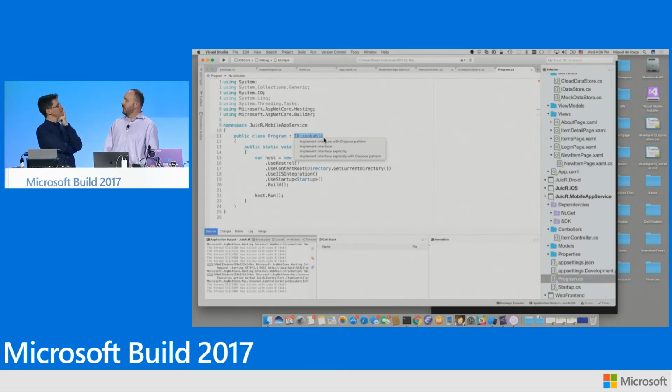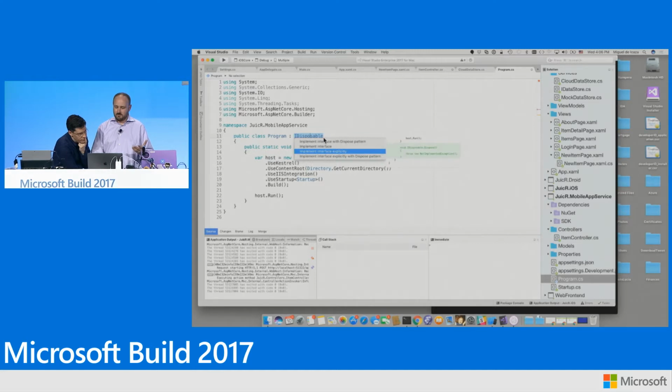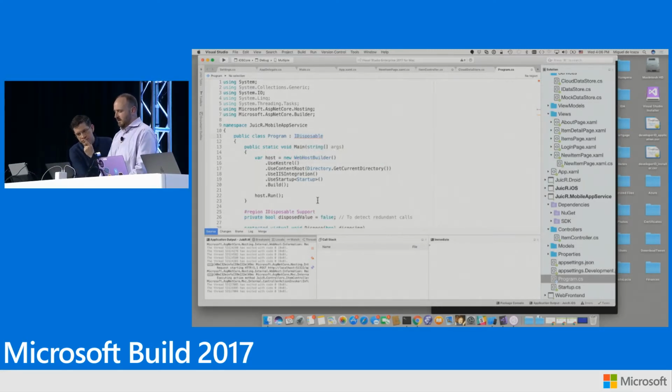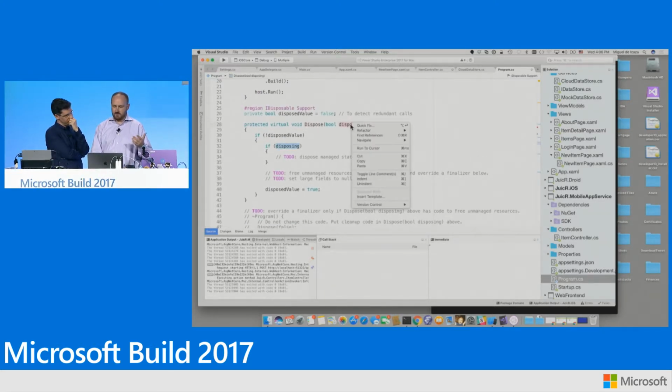Okay. So IDisposable, right? I have some options here for how to implement IDisposable. What's really nice is that I can see previews of how it's going to be implemented. I can pick any of these that I like, and there it is. Now it's in place. If I don't like the way that they've named, for instance, this member variable, I can